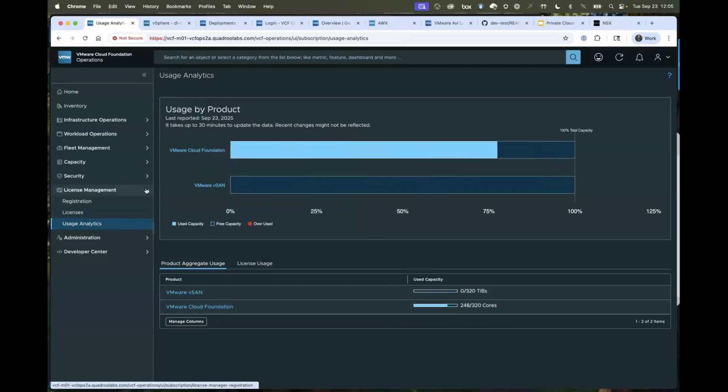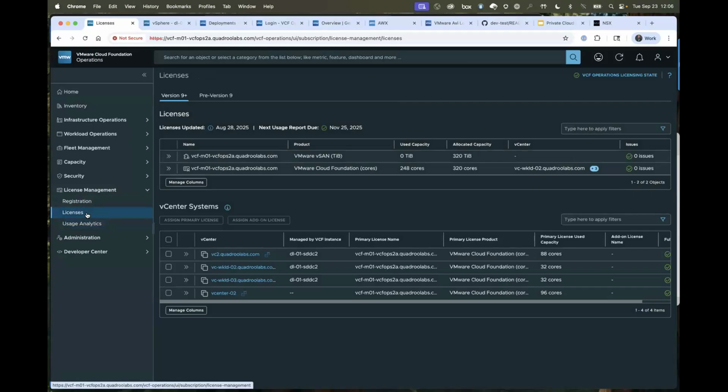So now, John, because you're looking at the realm of licensing, this is all for things that you license that have a 9 in the name, right? vSphere 9, VCF Operations 9, VMware Aria 9, vSAN 9, but not anything I'm running 8 or older. Is that a fair statement? I know it's a fair point, but I'm just saying it for your edification. Right. That is a fair statement.